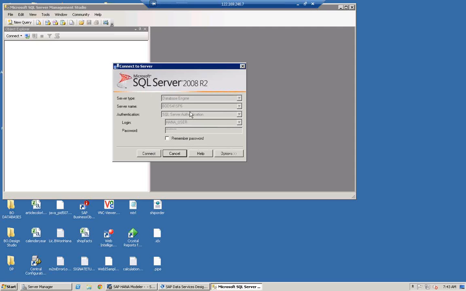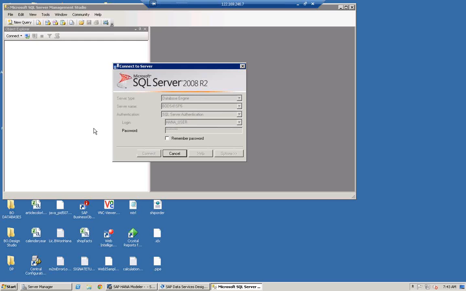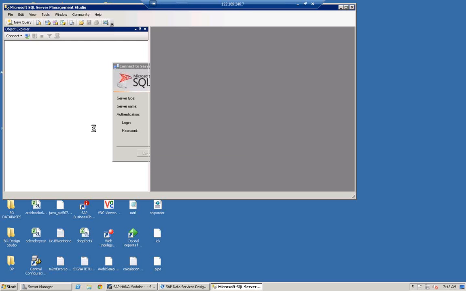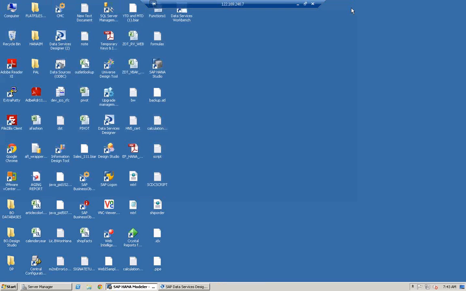So why has Microsoft given this client tool? As a SQL Server DBA, I can use this tool to connect to the SQL Server database engine to perform administration activities. As a database developer, I can use this tool to create the procedures, create the tables, whatever. Like this, using SQL Server Management Studio, which is a client tool, we are connecting to the SQL Server database